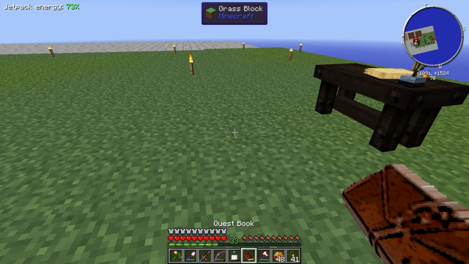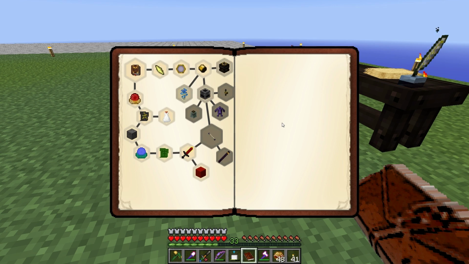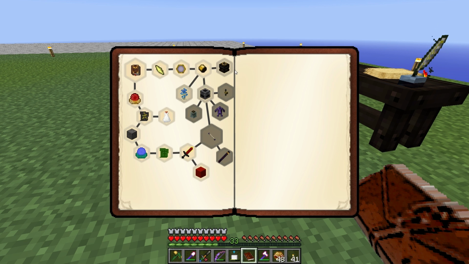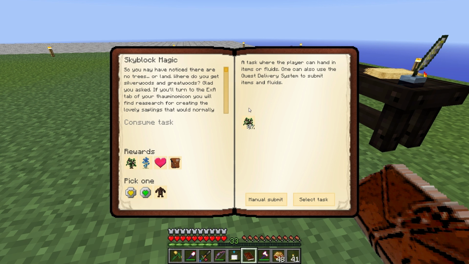So let's see. If we go back into the book, and I don't think we got a lot of time left, but I'm just curious. So we can do arcane crafting, which wants... Oh, we've already made this guy. So a deconstruction table. That's new. I don't know how to do that. And skyblock magic. So...